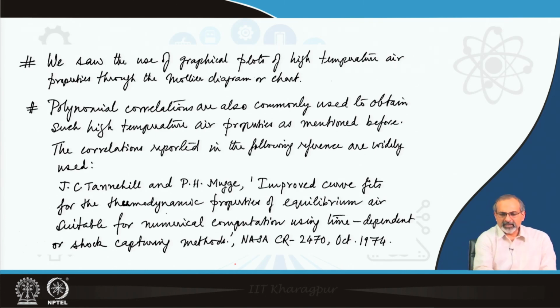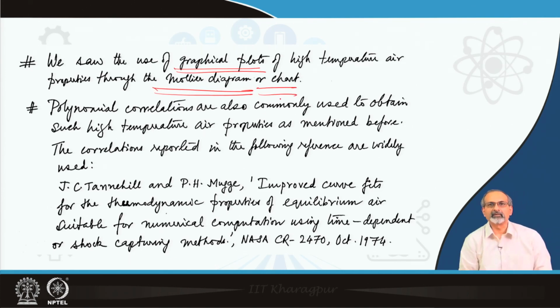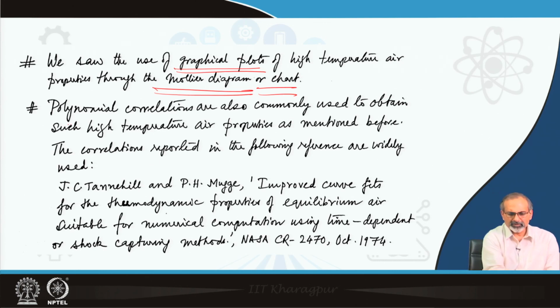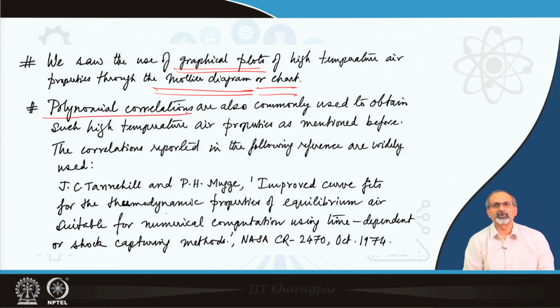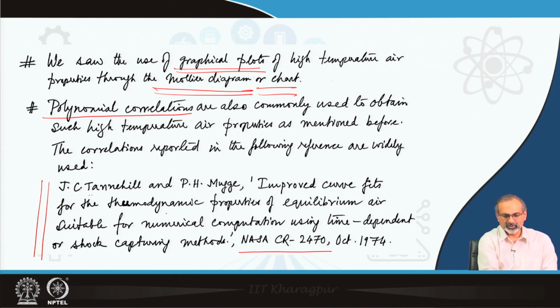We saw the graphical plot of high temperature air properties through the Mollier diagram or chart in the last few slides. Before we close this lecture, we would also like to talk about some polynomial correlations. They are commonly used to obtain such high temperature air properties. The correlations are reported in a very popular report, the NASA CR 2470 by Tannehill and Mugge, which is very